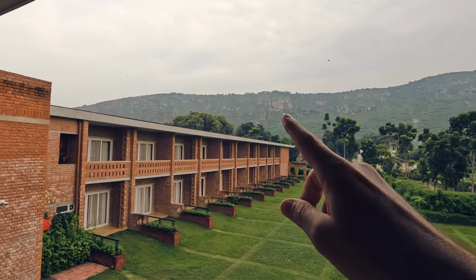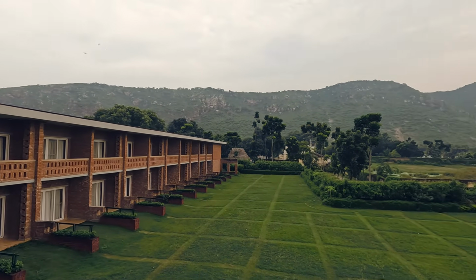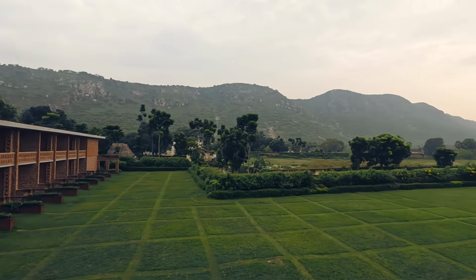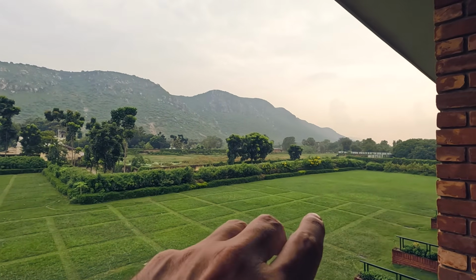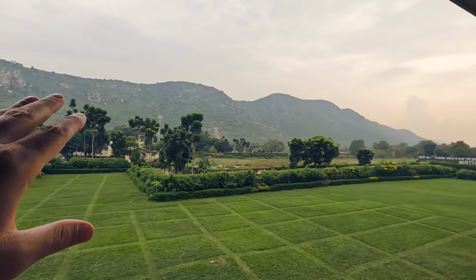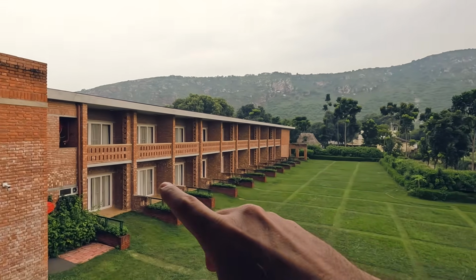Look at the dragonflies here. The dragonflies have been hanging around for the last day. But look at the panorama here of the mountains. Look at that. Like I was saying to you guys, we've been here when this is all barren, all dry. And like I was telling you with the brick